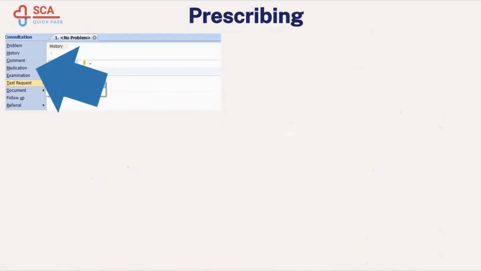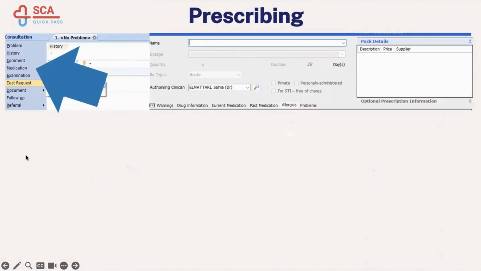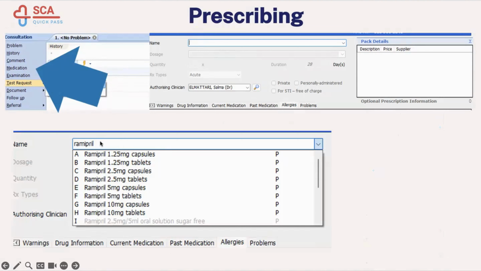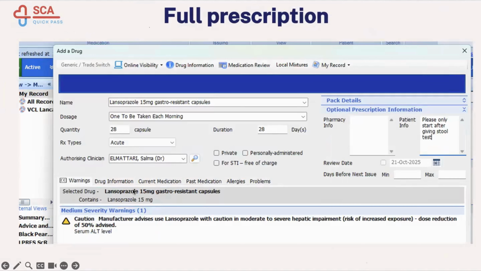So I've done my investigation part, but I want to prescribe some medication. As you can see right here, you're going to find the medication option here. When you press on it, this page comes up. So you have the name of your medication, the dose, and the quantity. When you write any medication, for example, let's say we're writing Ramipril, a few options come up, different doses and different forms. You're going to click on the forms and dose, and then it shows something like that. So for this patient, we've picked lansoprazole 15 milligram to be taken once a day, 28 capsules,